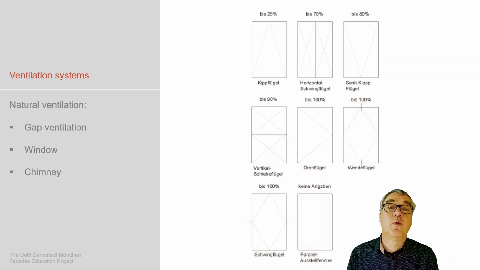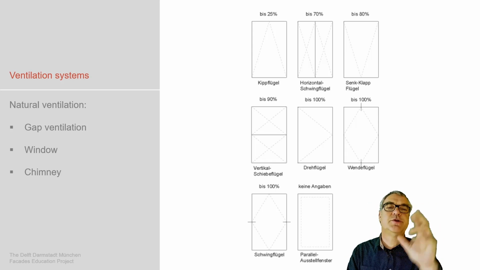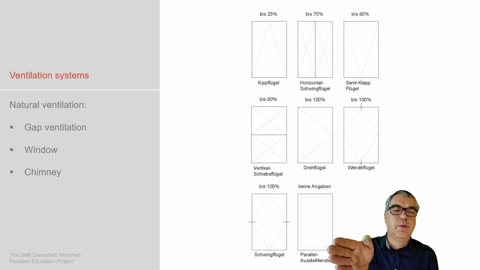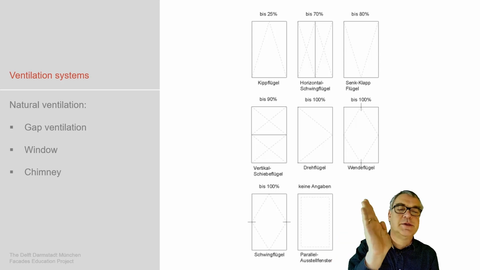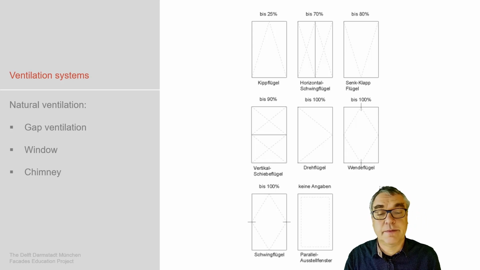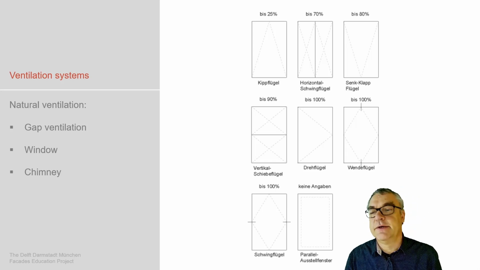Then obviously all the windows, the tiltable windows, with all the opportunities to allow air to penetrate our facade system, with the percentages of openings which we see. An entirely open window is 100%, while when it is tilted it may be just 25% as an air inlet. And you can also imagine, if you have two of these tilting next to each other, then it's not 2 times 25, it's actually reducing the numbers.